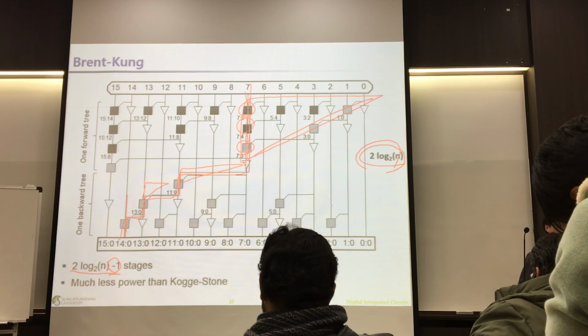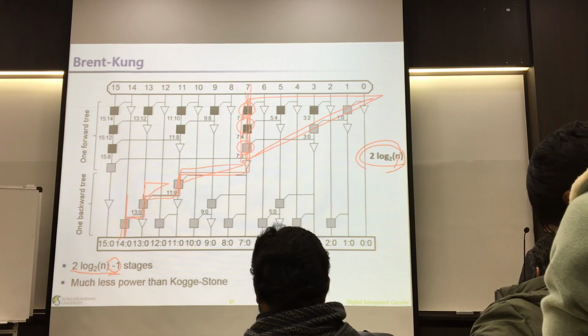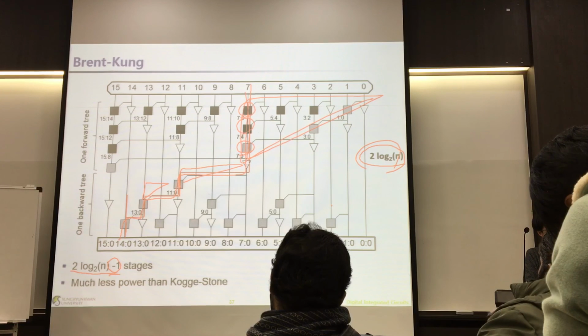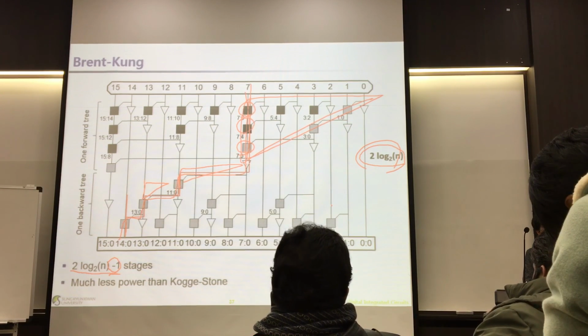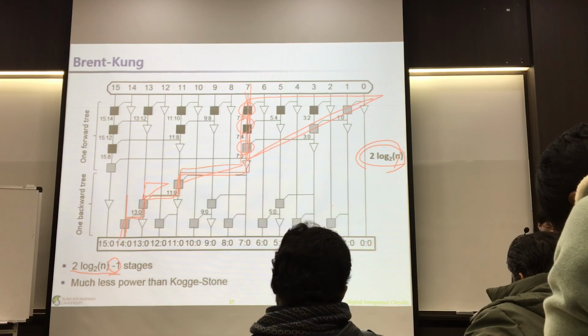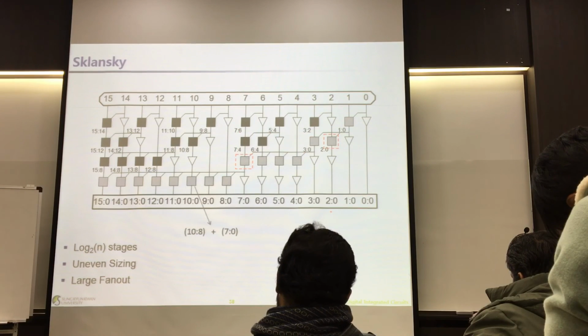So if your penalty is like a 50% performance penalty, that's huge, right? But your power consumption is also, I think, almost half, something like that. Yeah. So that's a good trade-off to have, right? And there's another type of